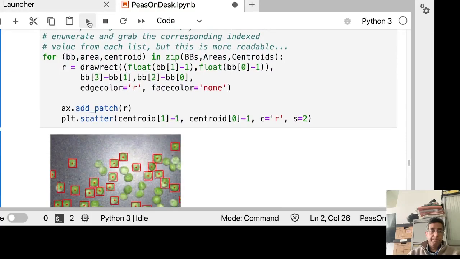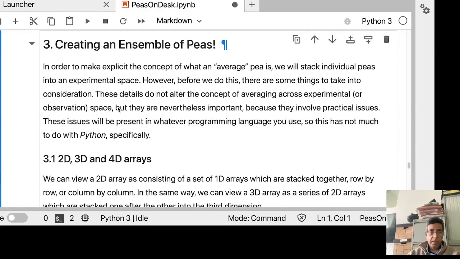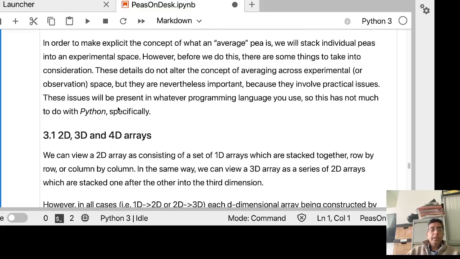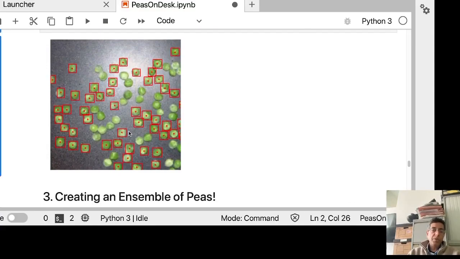Okay, that's just another way of doing that. Now the next step is to grab these P's and create an average P that tells us on average what a single P looks like. Now if we remember, this original image, the color space image, has 3 channels on it. So if we grab subregions around each P, even though each subregion is going to be smaller, we're still going to have a 3-dimensional array representing each P. So if we want to collect these P's and then average them, we need a 4th dimension, which is going to be our